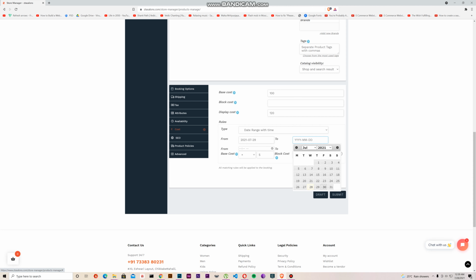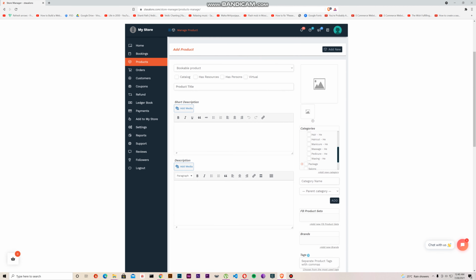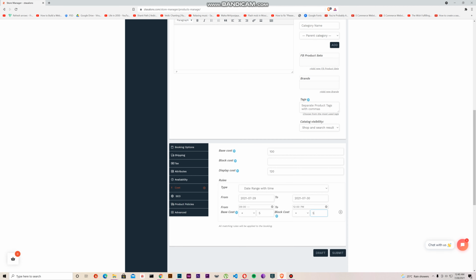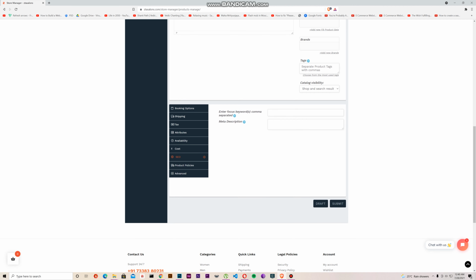From 29 to 30, from 9 a.m. to 12 p.m., I can deduct 5 rupees, or I can give a concession of 5 rupees here. So which will reduce the cost, and the cost will be 115 rupees. This is the display cost. SEO, you have to enter the